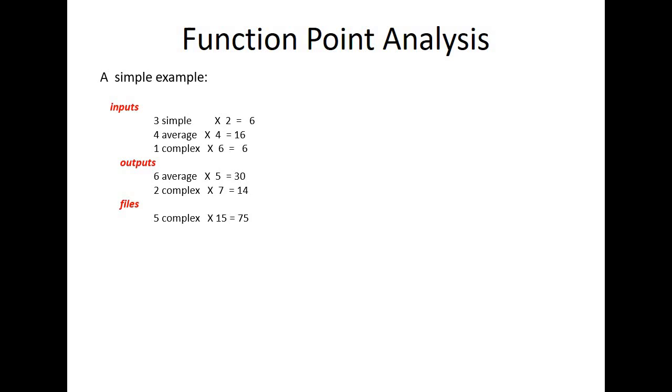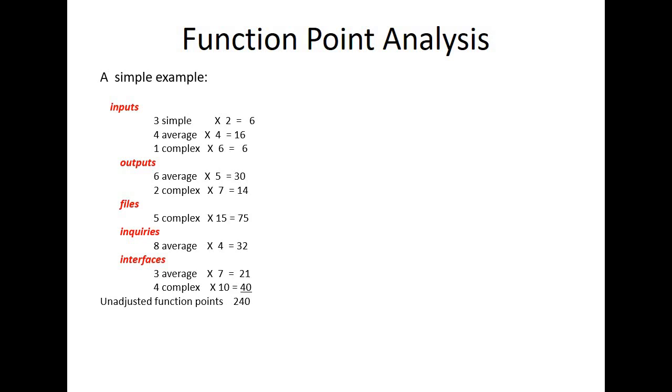We have 3 simple inputs, 4 average inputs, and 1 complex input. Similarly for outputs I have 6 average, 2 complex, and 0 simple outputs. For files I have only 5 complex ones, inquiries also, and these things are further multiplied. Based on the previous table, for all these 5 entities we do the classification, multiply by the weights, and then find the